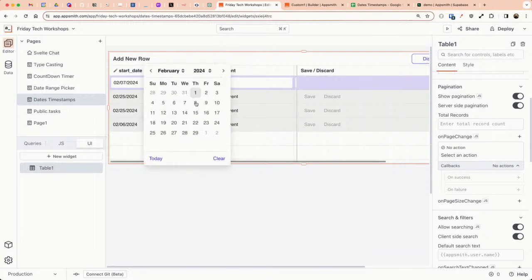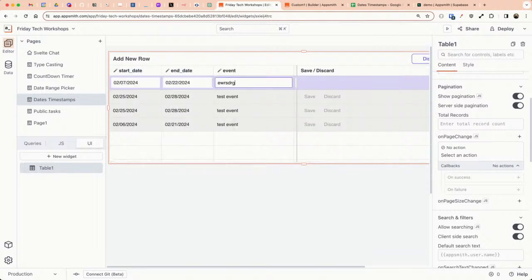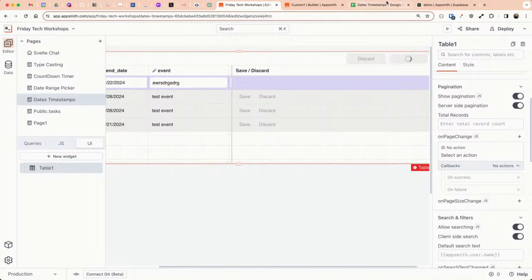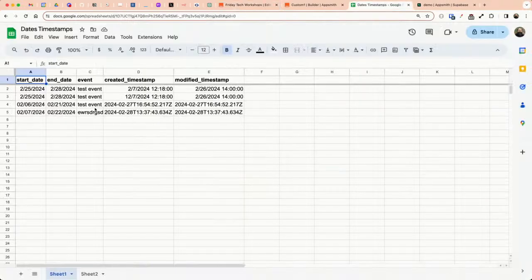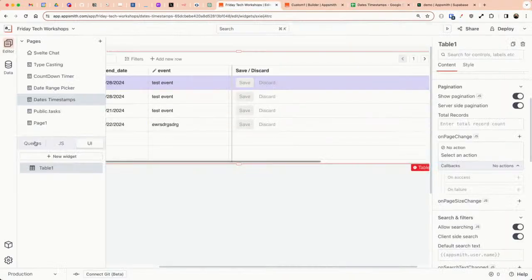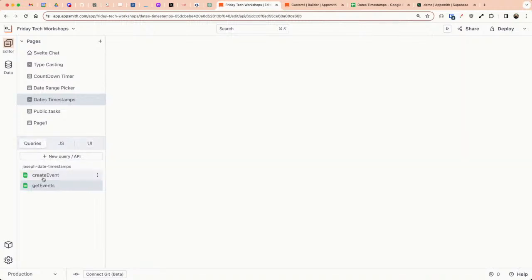For the date picker, select a couple dates, and so the save is working, and it saves back to the sheet in the expected format. That's about all I have set up so far. So I've set these two date columns, it's in like the US format, month, day, year, with 4-digit year. And back here on the query, when I insert it,